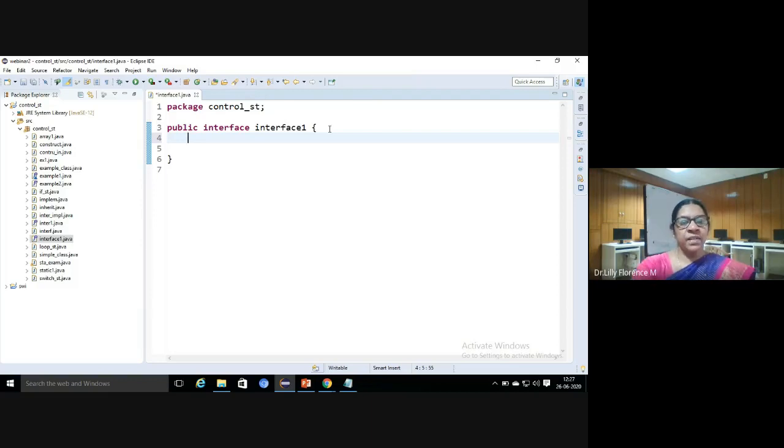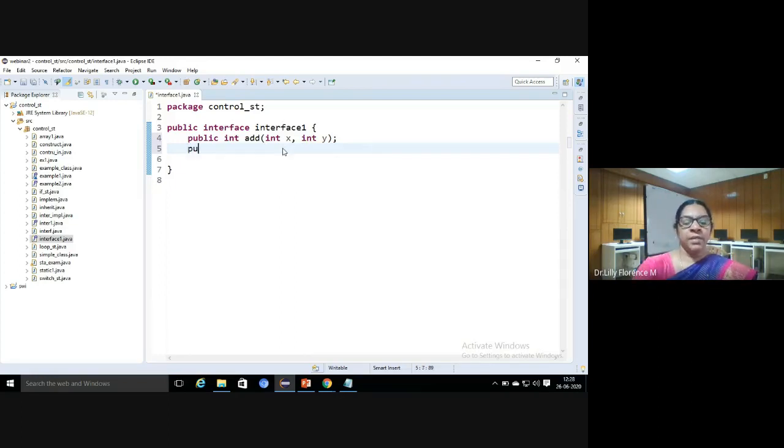Here, as we said, an interface contains only abstract methods. That is, it contains only method declarations. A method declaration is first the access specifier, then the return type. I am giving a return type, and I am developing one method, add. What are the parameters it has? Two parameters we are having. This is a method prototype, or abstract method, or method declaration.